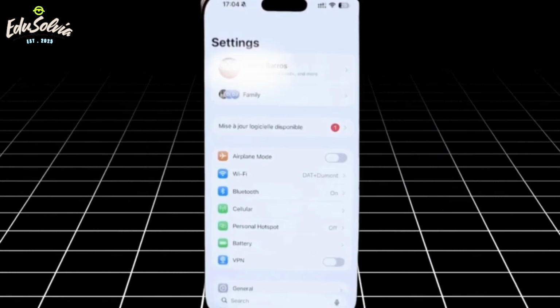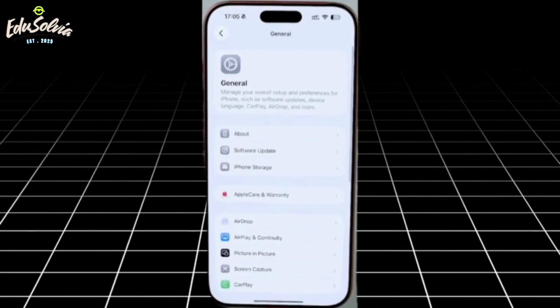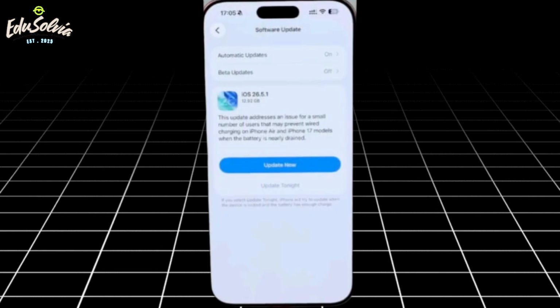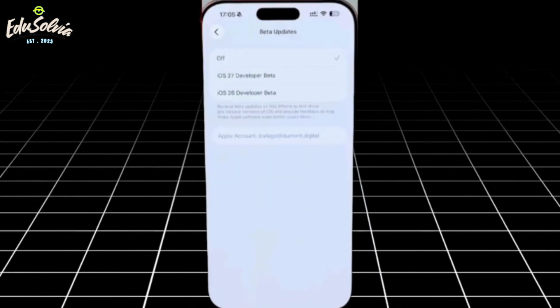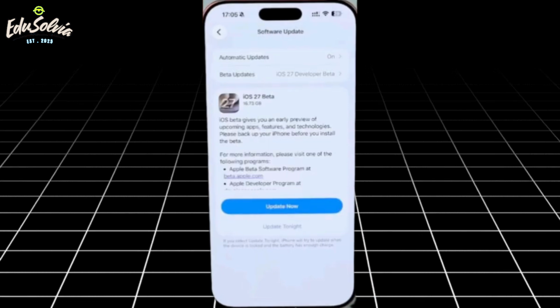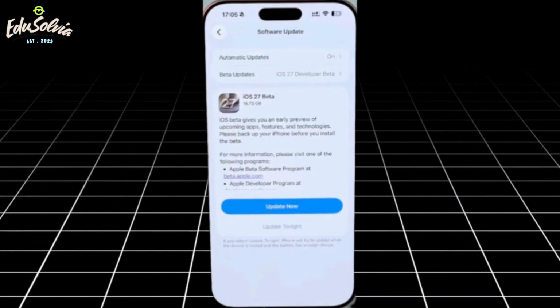First, open the Settings app on your iPhone. Scroll down and tap General, then select Software Update. Wait for the page to load completely. If you already see the Beta Updates option, tap on it and choose iOS 27 Developer Beta. Once you've selected it, go back to the previous screen and the iOS 27 Developer Beta Update should appear, ready